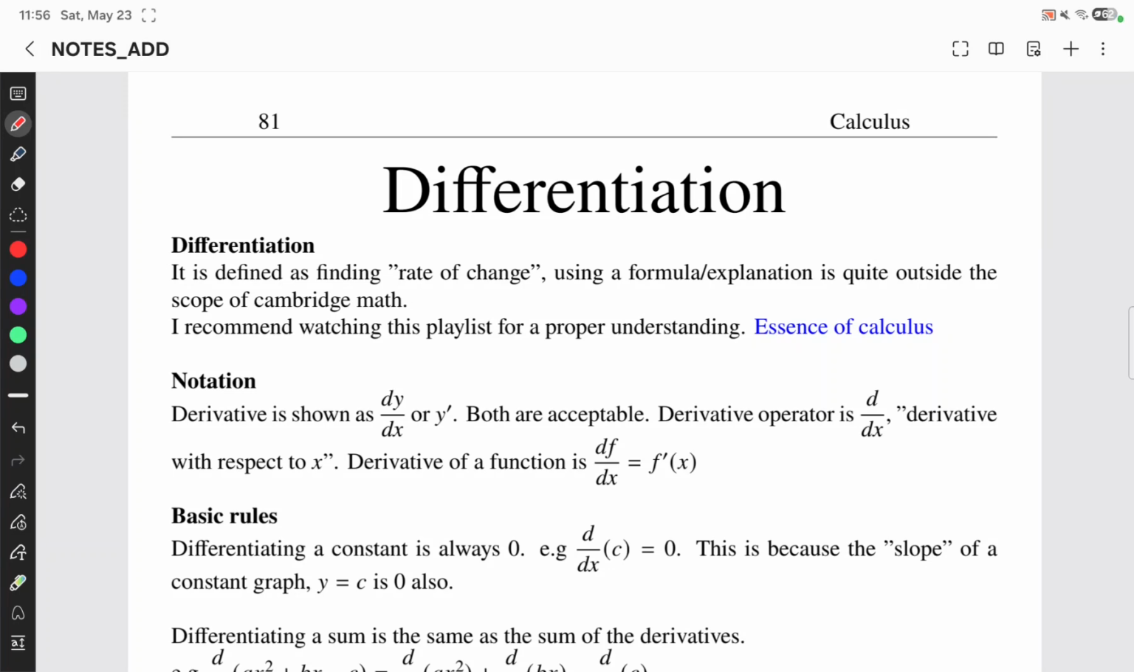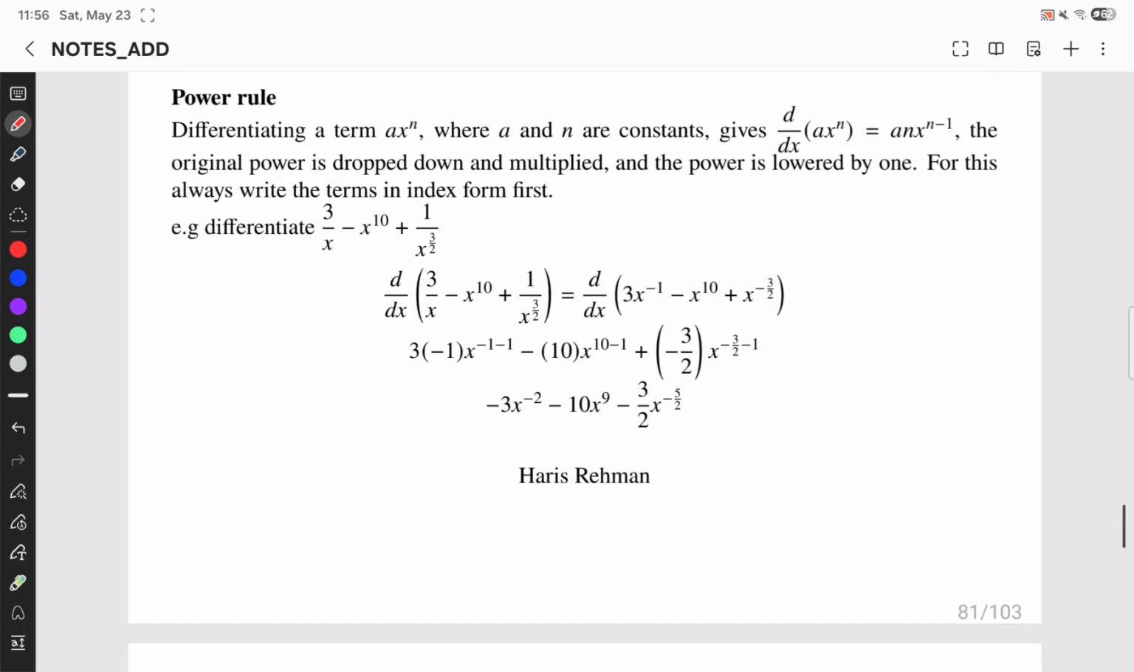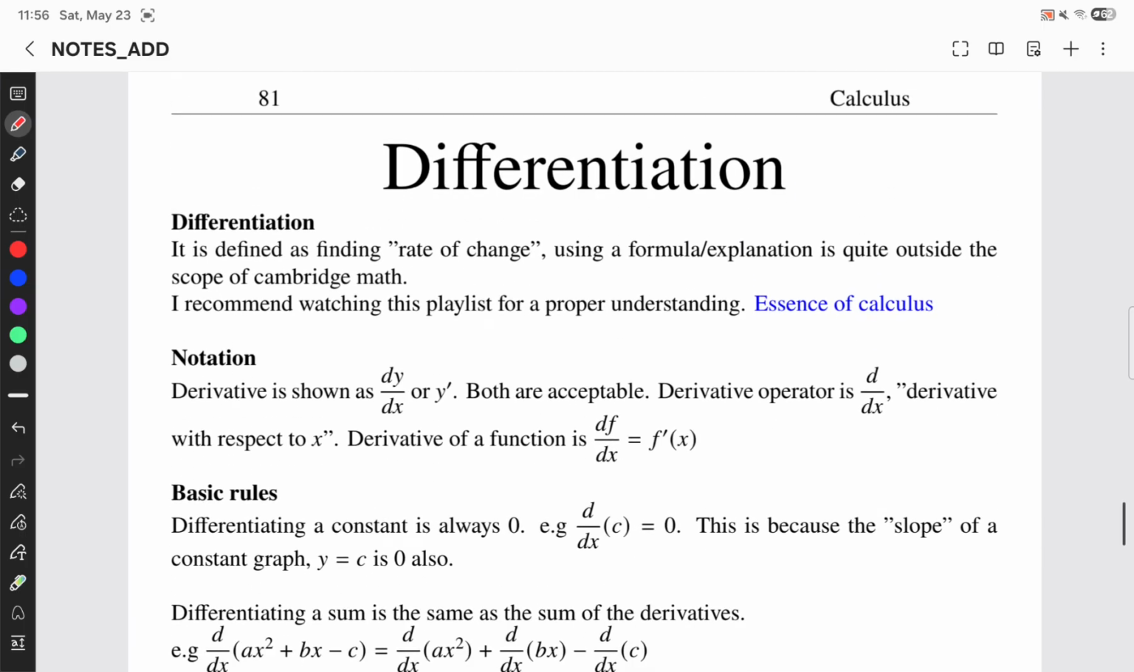Today's video is about differentiation. How and why does differentiation work, and basically that. Now this is for additional mathematics, but you can leave the video after I explain the power rule, because